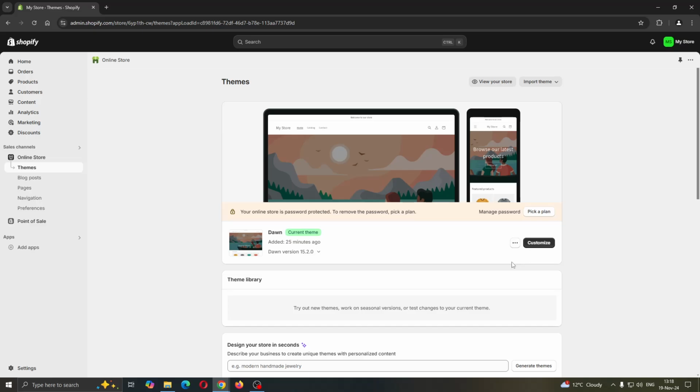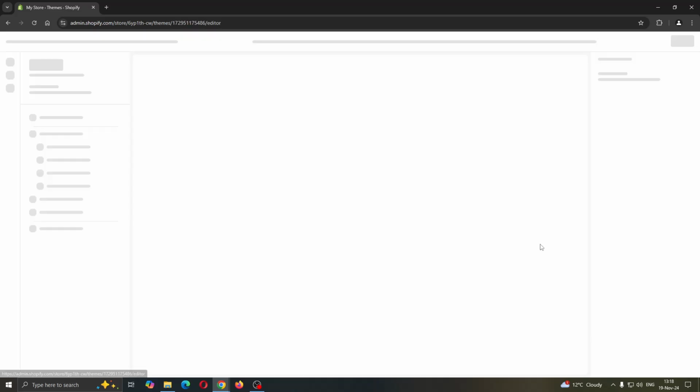You have one option guys. If you want to replicate your theme, you can just click the three dots right here, and then you can click duplicate to duplicate your theme, and then you can edit it later on the second theme. But if you want to go ahead and create a template, what you can do is click customize, and after